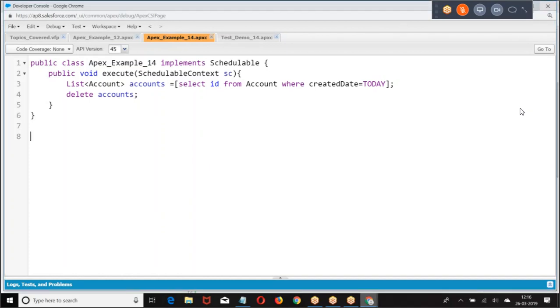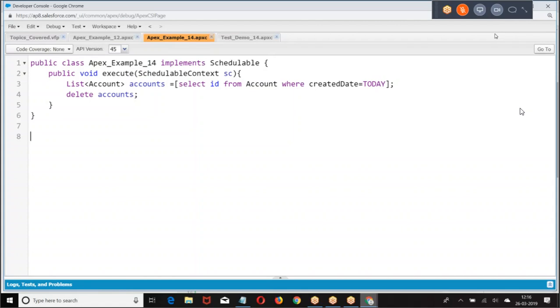Right. Now again, I repeat, people are supposed to practice more logics on list, set, map, and wrapper. SQL with wrapper, DML with wrapper. If these 5 concepts are good, you will be able to write logic. If you're not good with these 5 topics, you will not be able to write logic. As simple as that. Practice more on that.